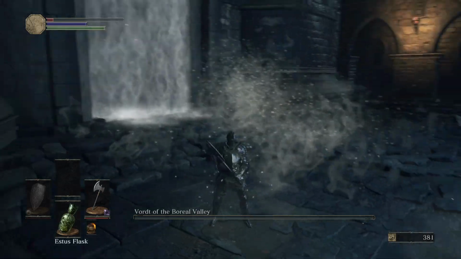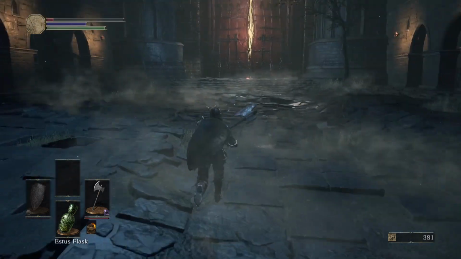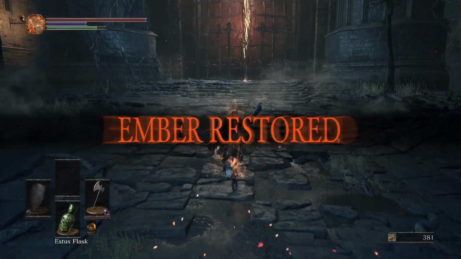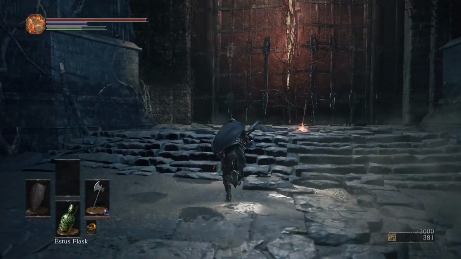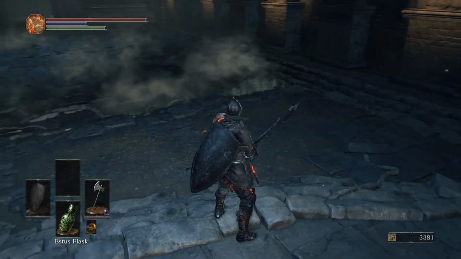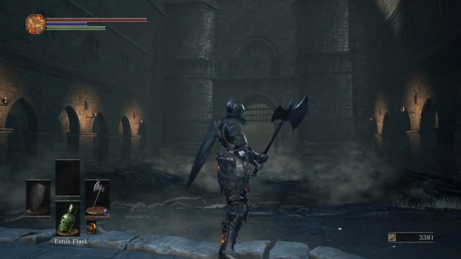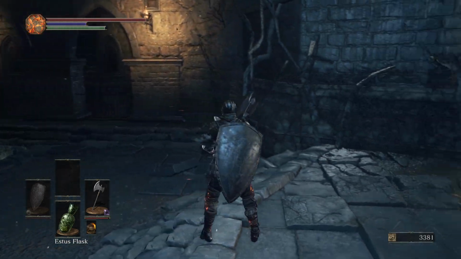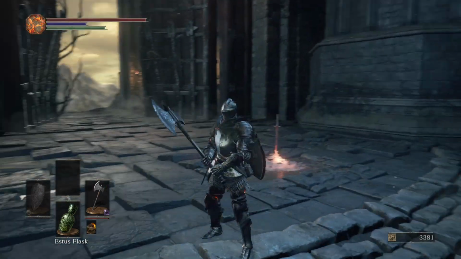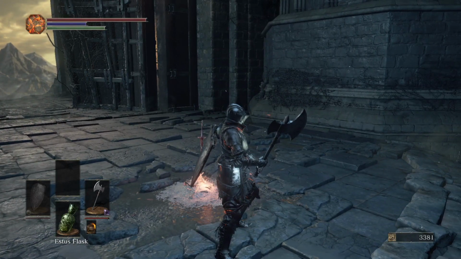Okay. Vort is dead. Air of fire destroyed. Perfect. I can explain embers now if you don't understand them. Every time you beat a boss, you automatically get embered. You'll notice you're embered because you're a little bit on fire. You can see it crackling around you. All it does is give you increased health. Your HP bar goes up. And if you're playing online, you can now...